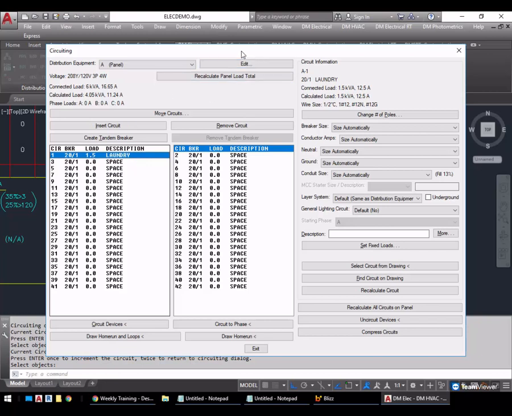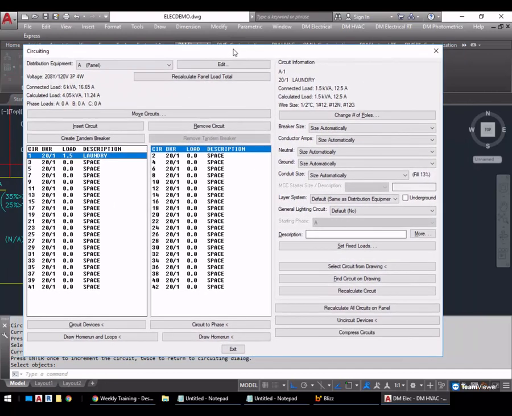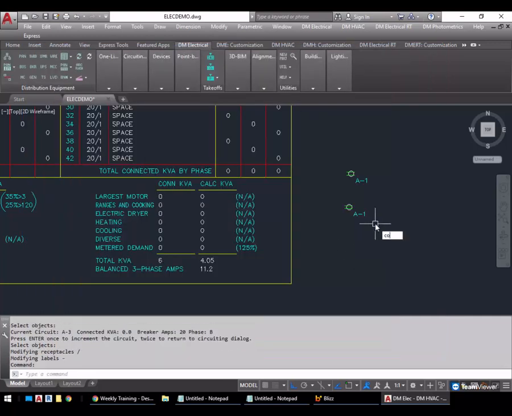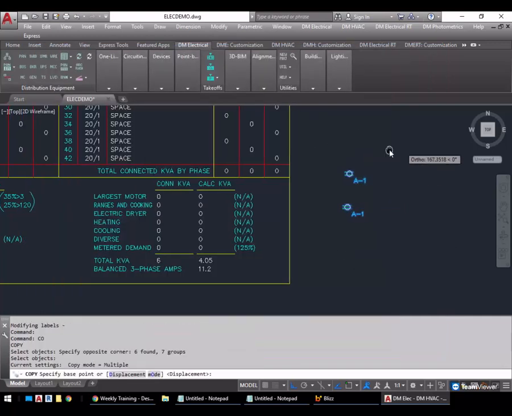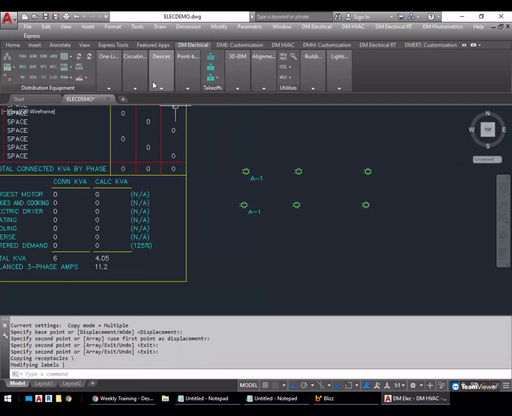So that's how you really want to model your laundry circuits. Set the load type at the receptacle to be a laundry receptacle as opposed to a receptacle. Same thing for small appliance. So if I copy these,